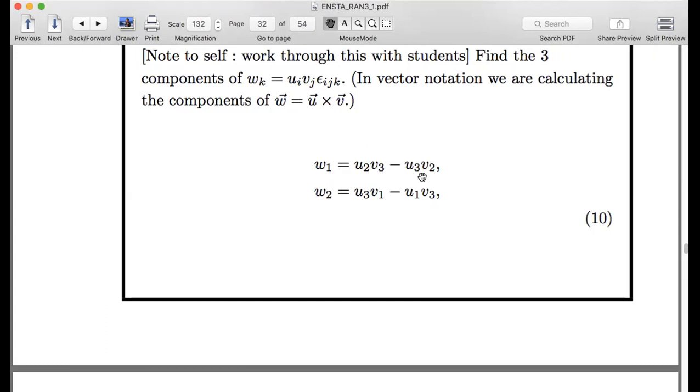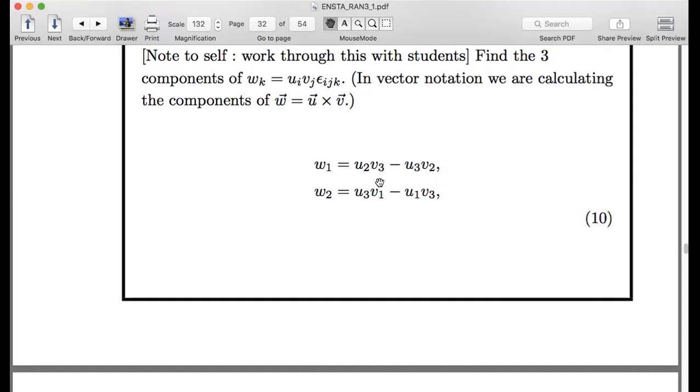And we should arrive at the right formula. Now, we have a U2 here, so we increment it to U3. I have a V3 here, so I have to increment it by 1. But remember, it's cyclic, so that